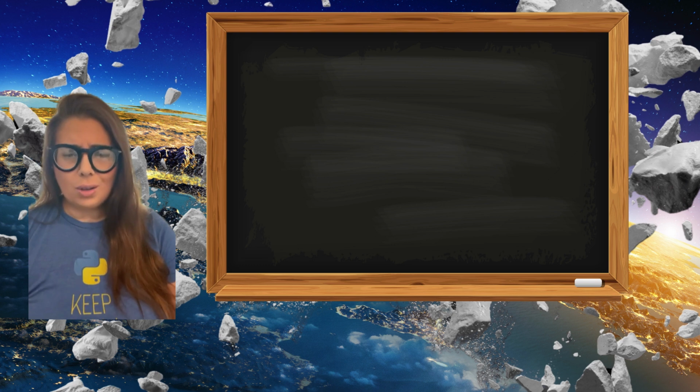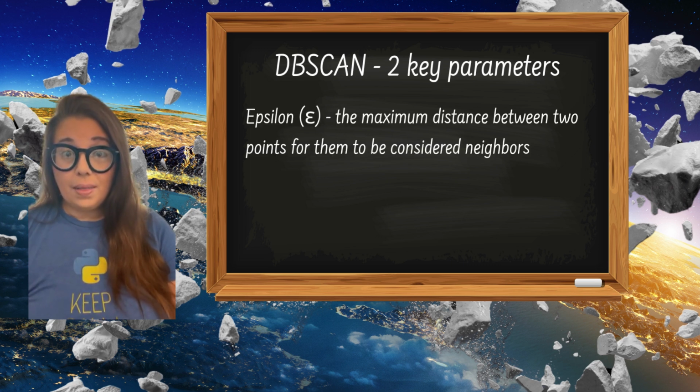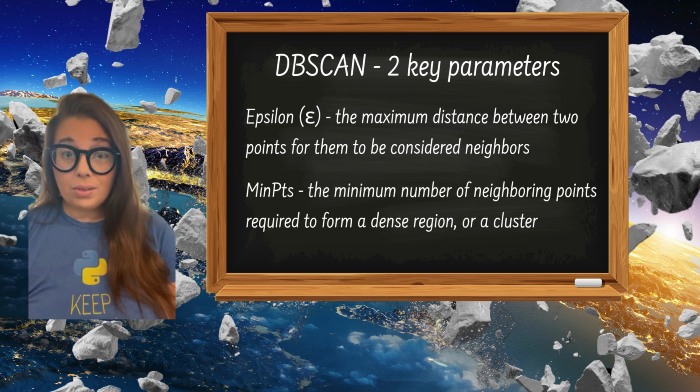So how does this work? DBSCAN evaluates how densely packed your data points are. It uses two key parameters to make its decisions. First is epsilon. That's the maximum distance between 2 points for them to be considered neighbors. Then you have minimum points. That is the minimum number of neighboring points required to form a dense region, or what we would consider a